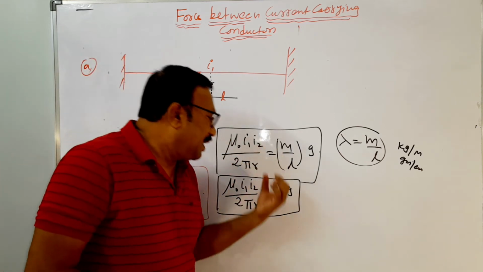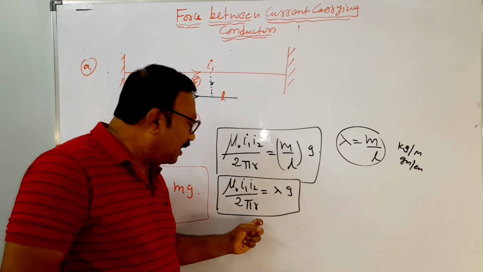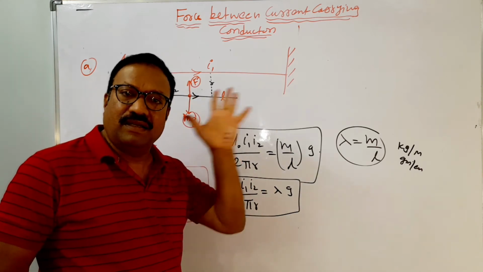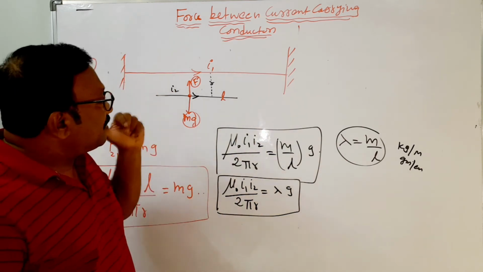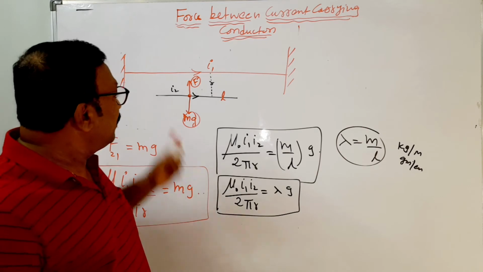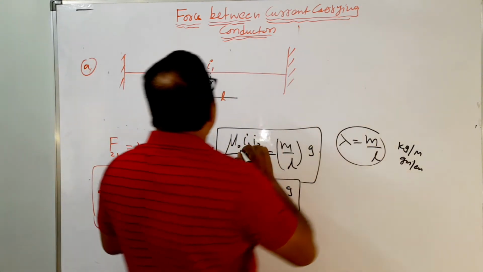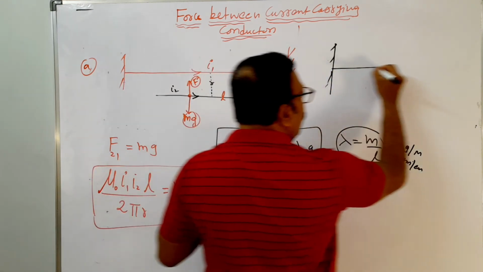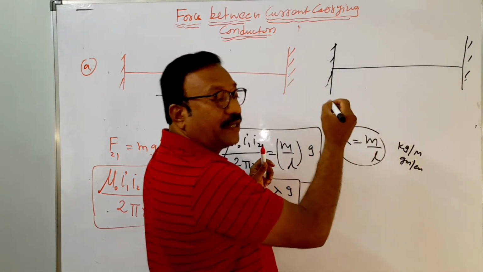Known lambda is 1, I1, I2, 2 or 3. In this 3, you will give 2, you have to calculate 1. That will be the answer. Now just reverse of this, you check. Reverse of this means what? You will take a long wire supporting like this, a long wire.